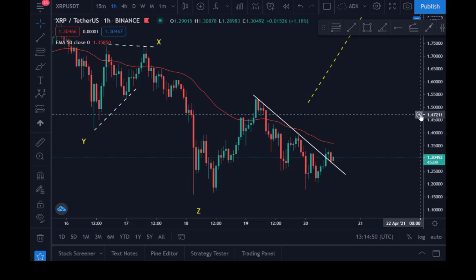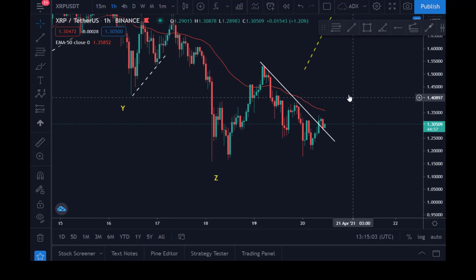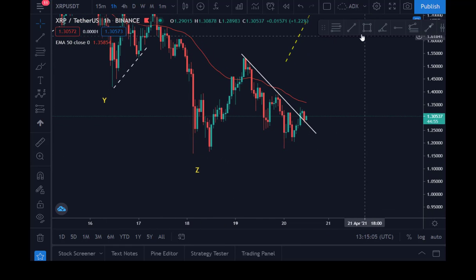We're waiting for confirmation so that it will not be a fake out. You might look at it this way, it could be a fake out, something like this might happen, and there we go. But there is one critical sign you need to observe on Ripple. All right, so the critical sign is this.